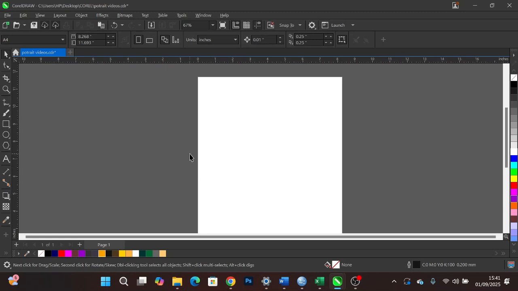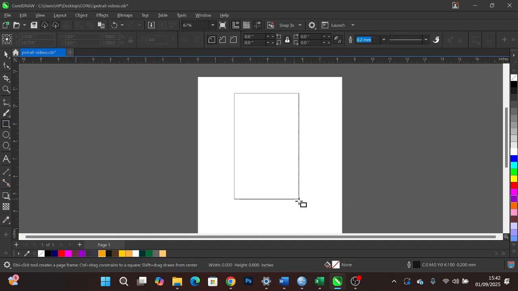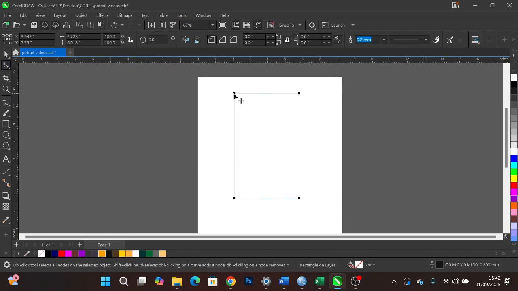So today I'm going to teach you how to create an intersected circular logo in CorelDRAW. To do that, first of all, let's pick the rectangle tool. Let's draw it here, something like this. So let's pick the shape tool and maybe make the edges curve a little, something like this. And then